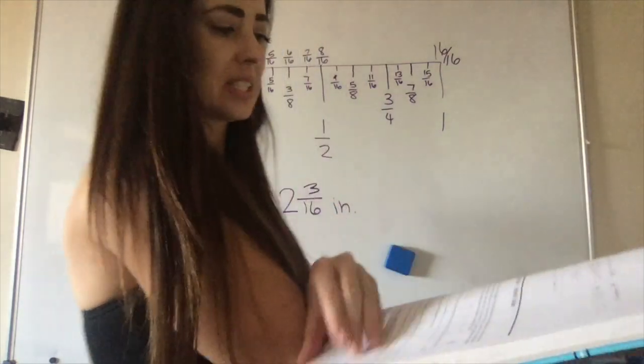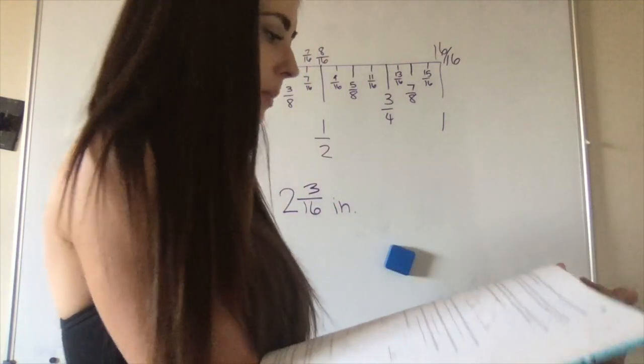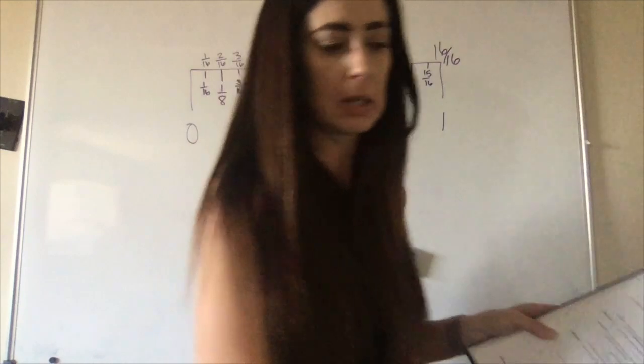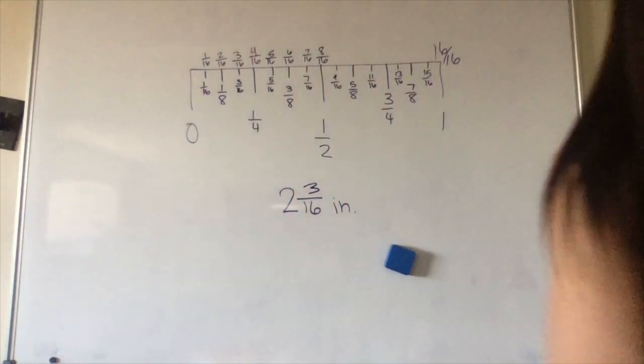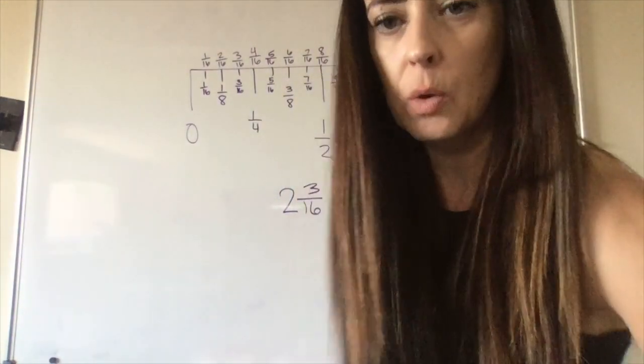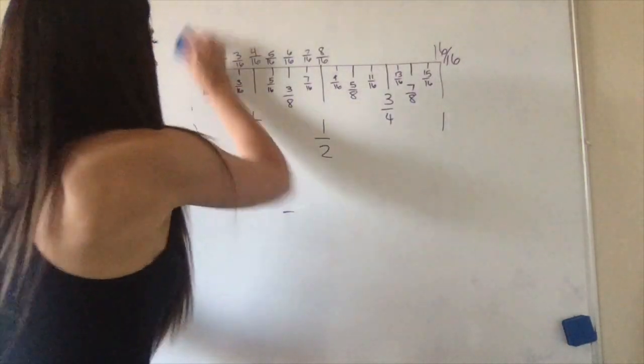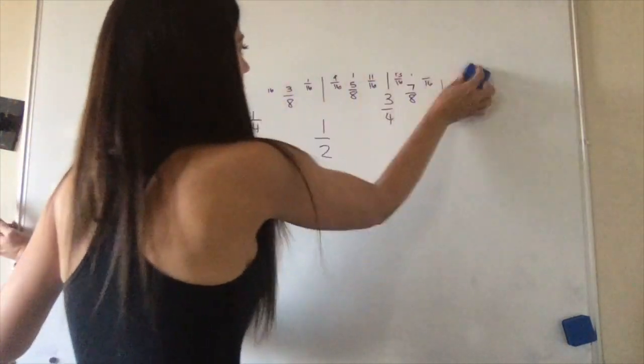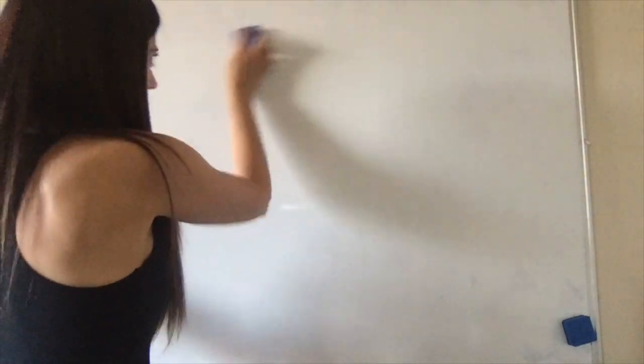All right, let's look at the next practice problem. Now we're jumping to the metric scale. Now, the metric scale is much easier to work with. Go figure. The rest of the world uses it, we don't. The metric scale is all based on those ones and zeros. It's a base 10 measuring scale